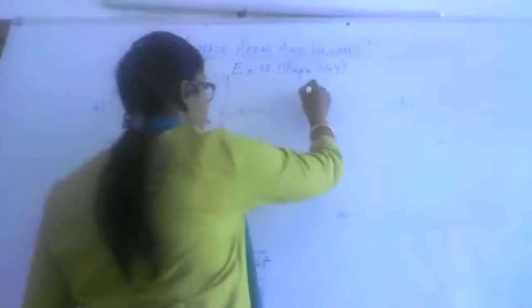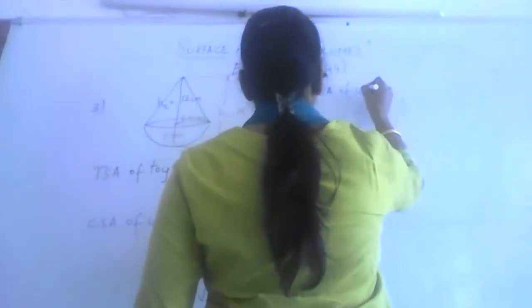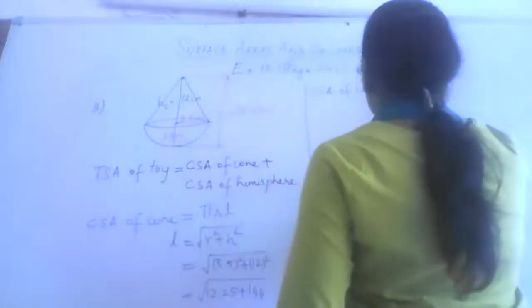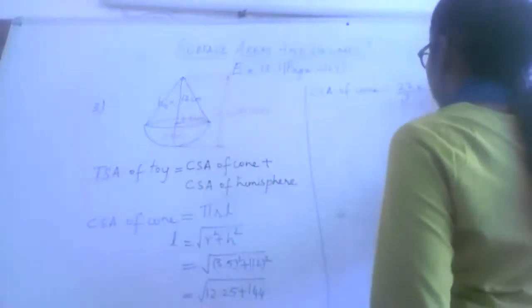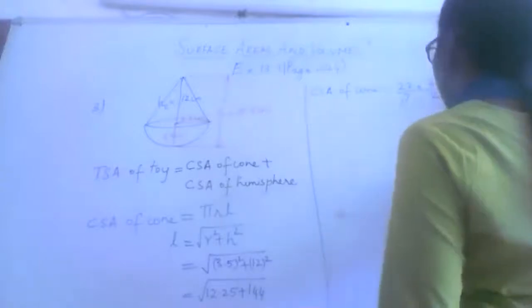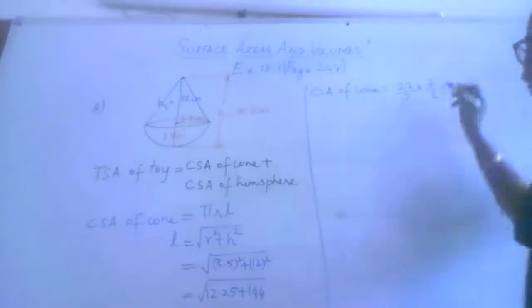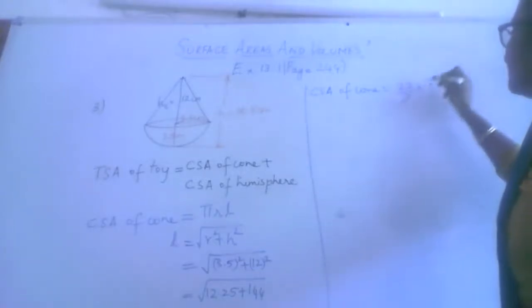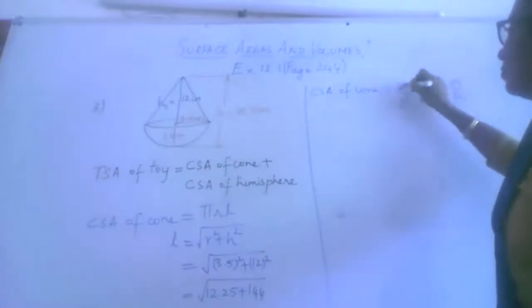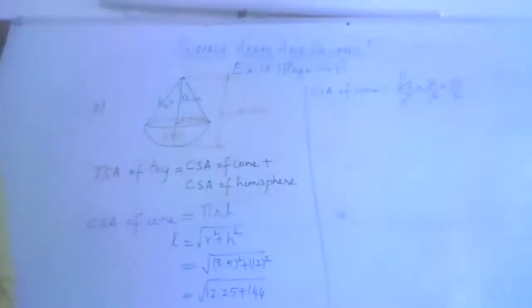So first step done, you got the slant height. So CSA of cone is pi, the value is given as 22 by 7. R, if you want to write it as 7 by 2 because I am seeing a 7 in the denominator. And L you are taking as 12.5 or you can see it as 25 by 2, correct? If you have seen it as 25 by 2, also I am happy because I can cancel the numbers here. What do I cancel? Then it is 5.5 into 25, 137.5.